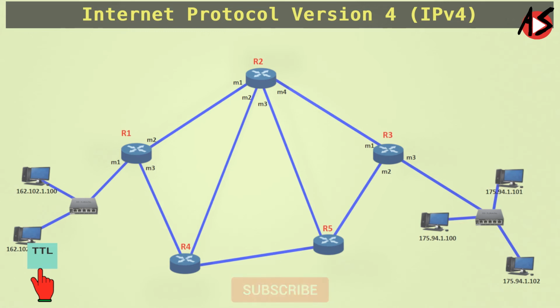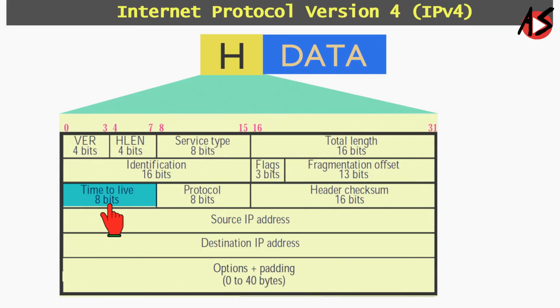So suppose we set the initial TTL value to 6. Then at the first router it will be 5. At the second router it will be 4. Then at the next router it will be 3. And then it will reach the destination. If due to corruption of the routing table a datagram travels between 2 or more routers for a long time, this field becomes 0 and the router discards the datagram. So ultimately the TTL field restricts the datagram from traveling forever in the network.